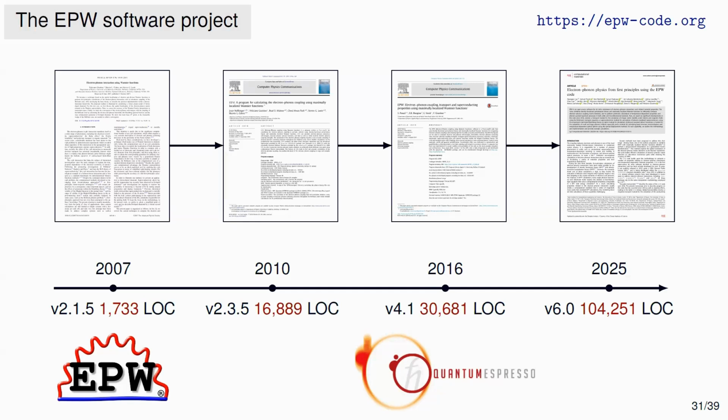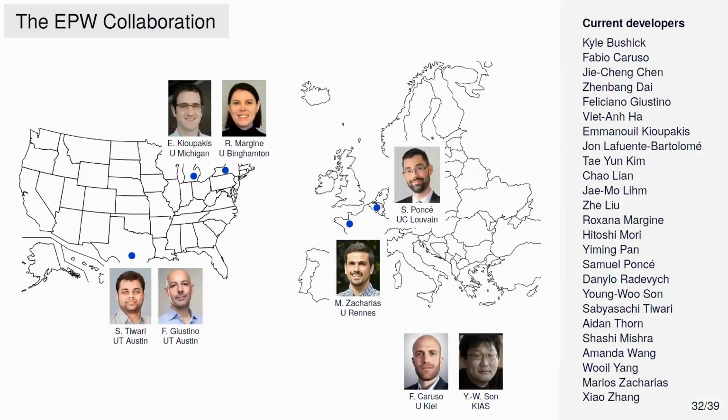And of this code, I know pretty much 1% at this point. But fortunately, I have very talented students and postdocs who can take care of it. This is now a component of something called Quantum Espresso, which you will know if you've done any DFT calculations. It's a very big software package for material simulations that is open source, and many of us contribute to it. The EPW code is now such a big operation that it is handled by a steering committee, which has 5 members, plus a few newcomers from Asia and from Germany. There are about 30 developers, who are postdocs and students in our groups. And it's an evolving story where everybody tries to contribute.